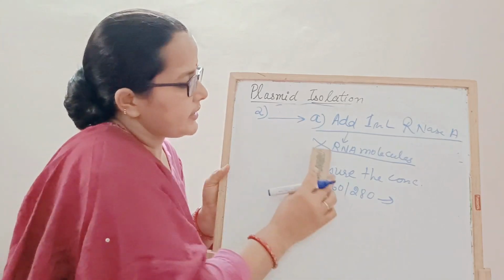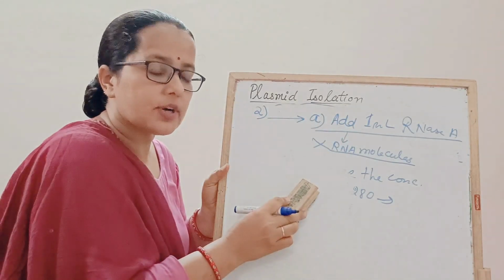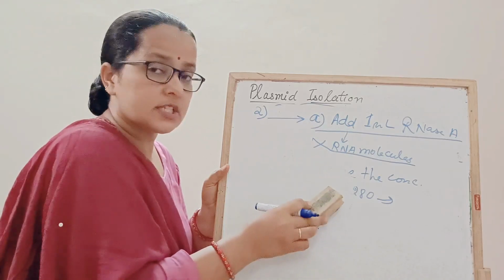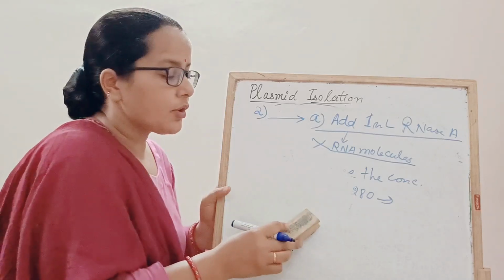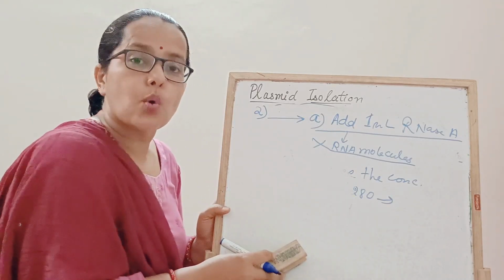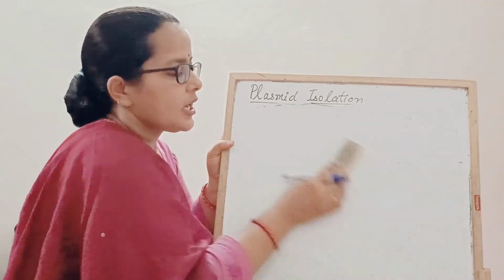So all three things. One, you are removing your RNA molecule. Second, you are measuring your concentration. You are looking at the purity of your plasmid. 260/280 ratio, you are looking at protein contaminations. You are looking for the organic contaminants, and then you are checking the quality of your plasmids. So quality of plasmids, if your 260